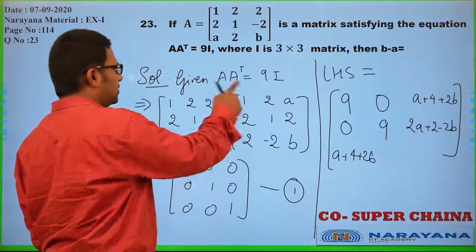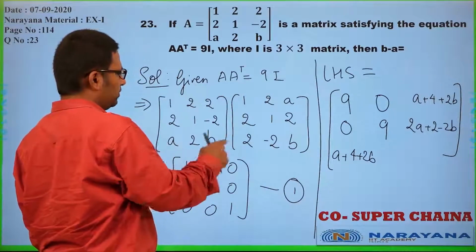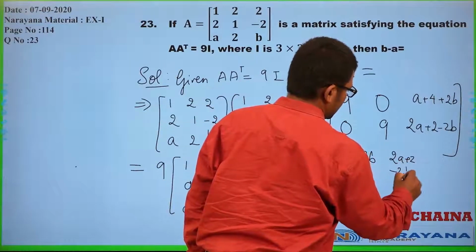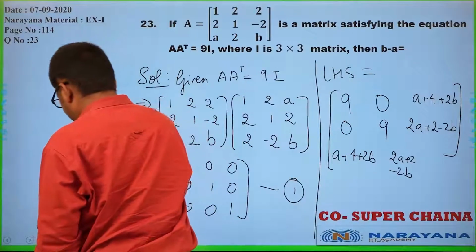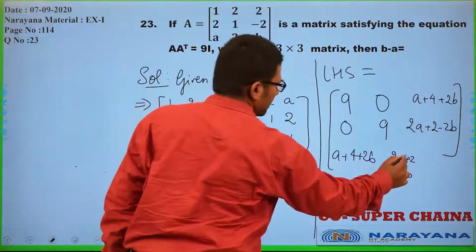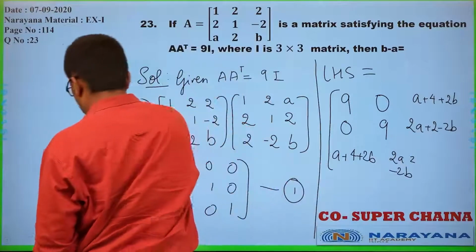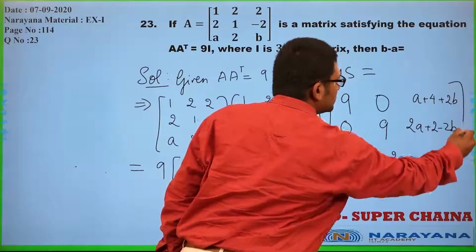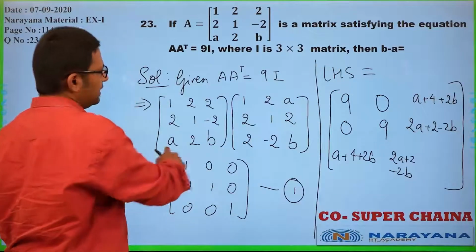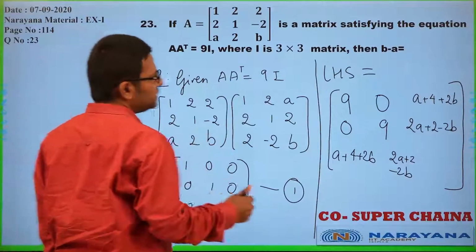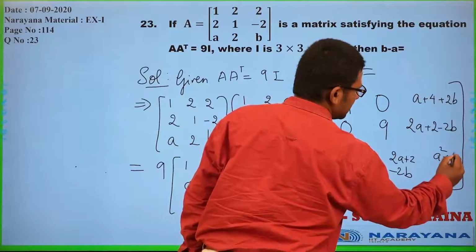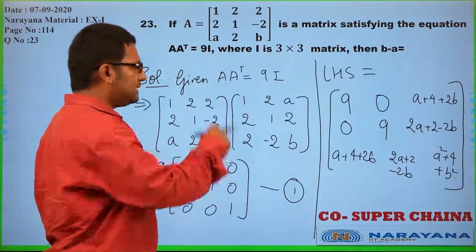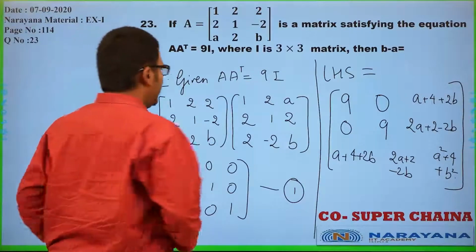Then 2a plus 2 minus 2b, and a square plus 4 plus b square, right? So now this is equal to, right,